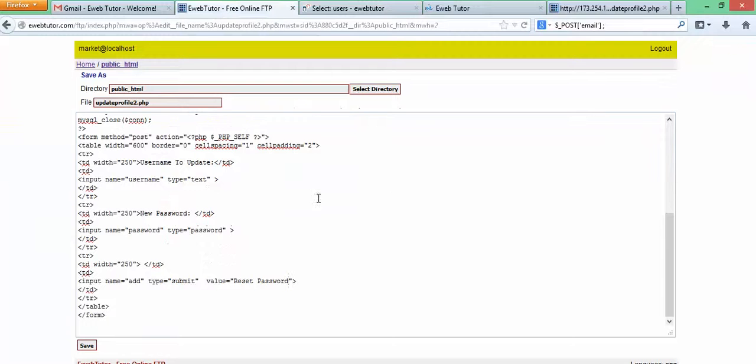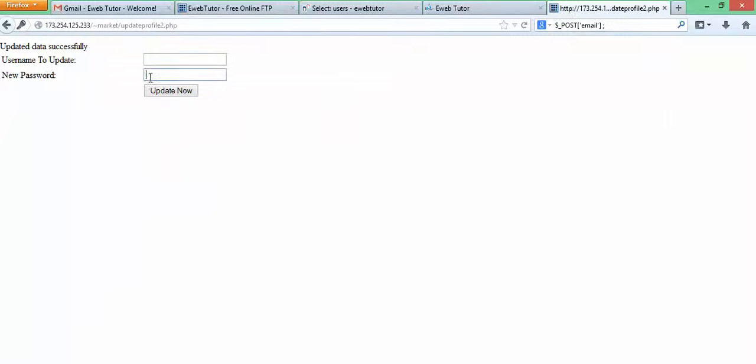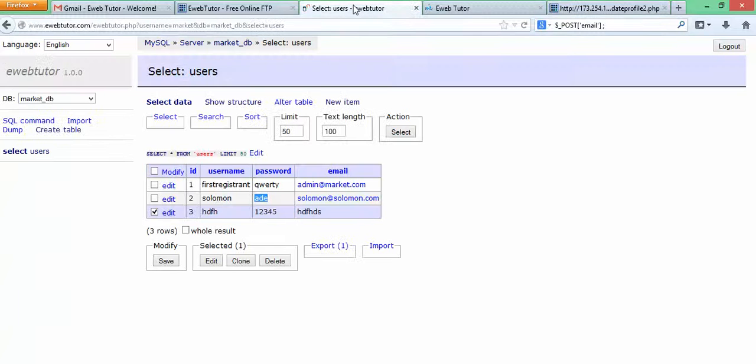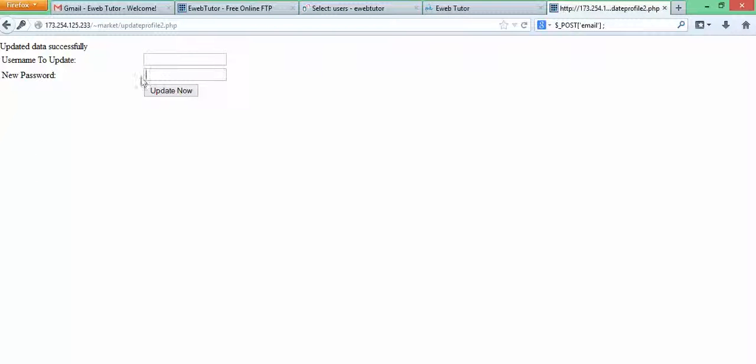But right now there is only one field. With this username that I know, Solomon, let's say I want to change my password, and also edit my profile, like changing my email. How will I come across this? It's very simple. Normally the email is already present in the database, but in this update command we do not have a form that collects